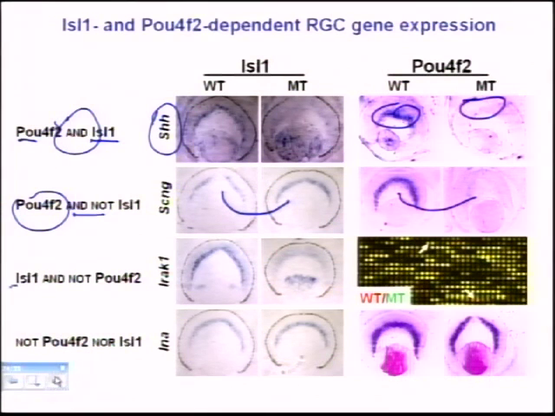We have some genes that are dependent on islet-1, but not on Pou4f2. And so here's this, this is interleukin receptor activated kinase 1. Don't ask me what this is, but it's some gene that's expressed in the ganglion cells. And it's strongly downregulated when we remove islet-1. We didn't do the in situs, but here you can see it's not affected. These are the actual gene microarray data, and you see it's yellow because there's no difference between the wild type and the mutant.